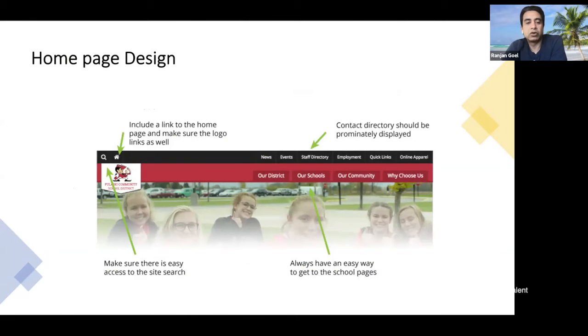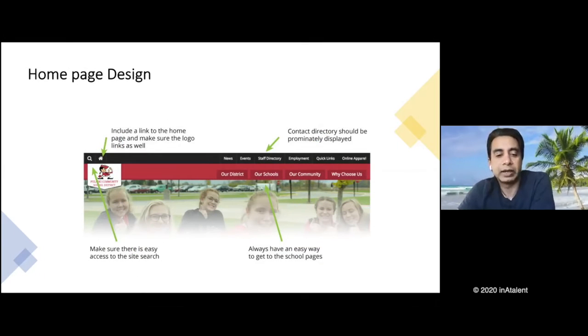Sure. So let's go through a very basic homepage design. I'm using an example of a school website. Obviously, a lot of you have gone through your own school's website. So you should start paying attention, especially when you're actually designing a website, to how other websites are designed. And there is usually a reason a lot of these websites have a similar layout. There may be small changes here and there.